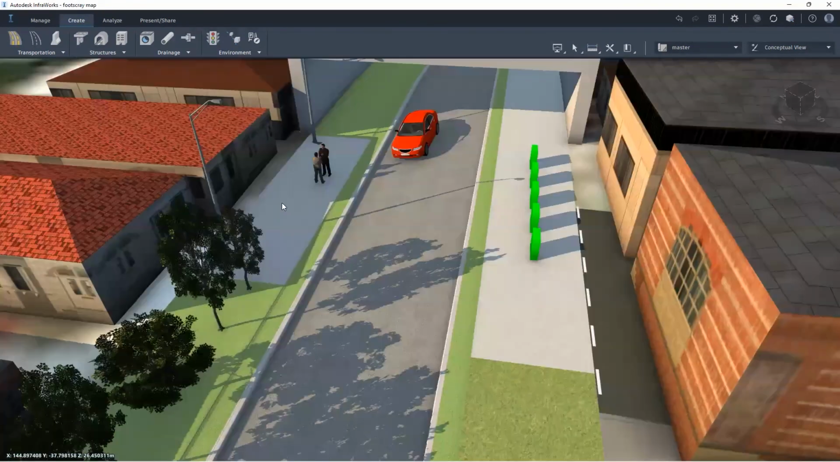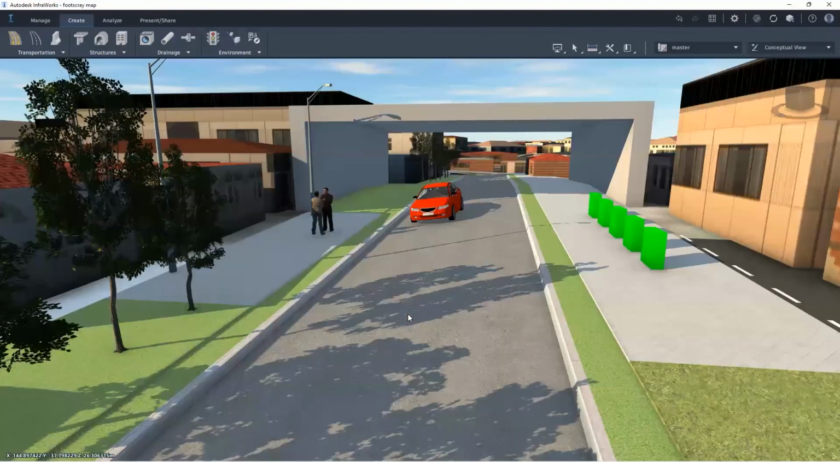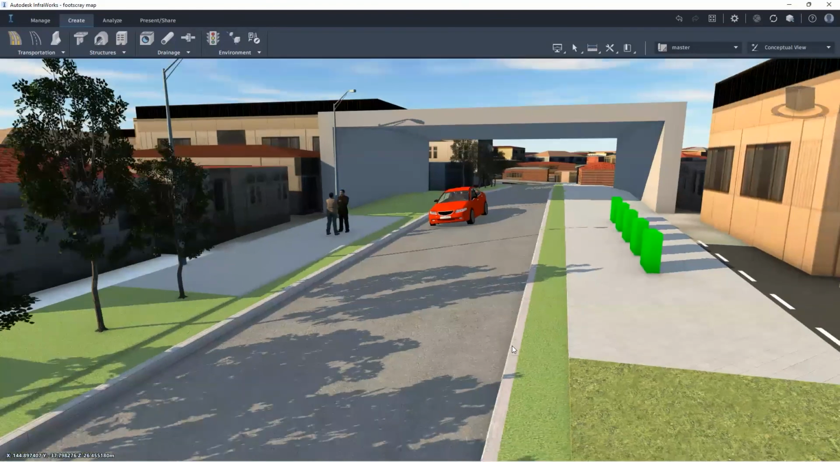So yeah, this is it. It's a really easy way to design a street using Autodesk InfraWorks if you just have 10 or 15 minutes